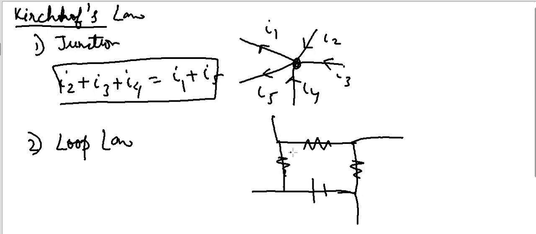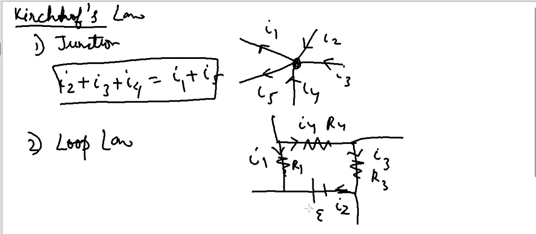So suppose for a general case, let me assume that current I4 is flowing like this, and current I3 is flowing like this, and current I2 is flowing like this, and let me say current I1 is flowing like this. And this one is R4, this is R3, and say this is R1 resistance value, and this is EMF. Okay, and let us take a convention that whenever potential is going up, that is